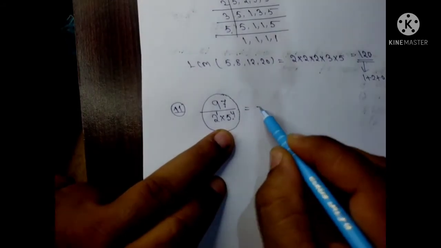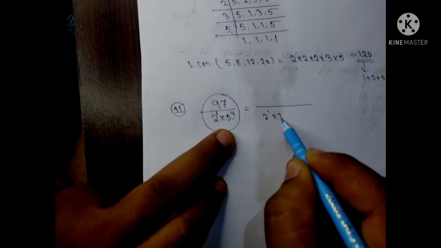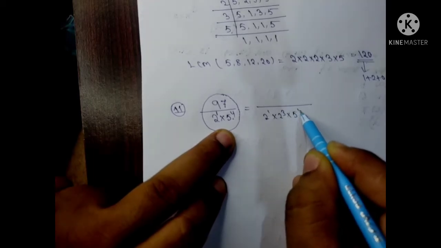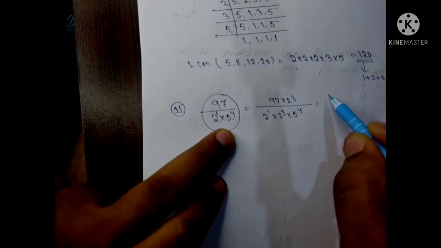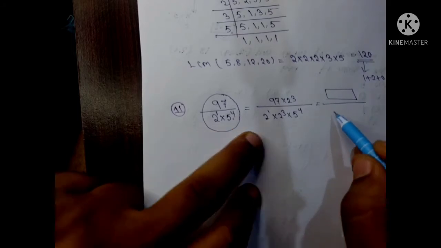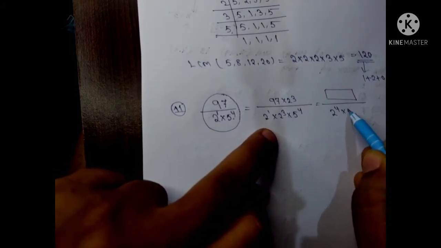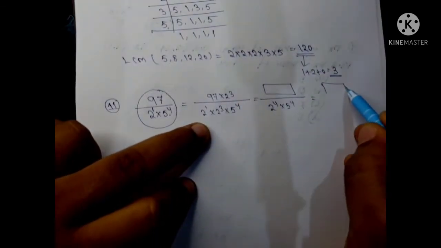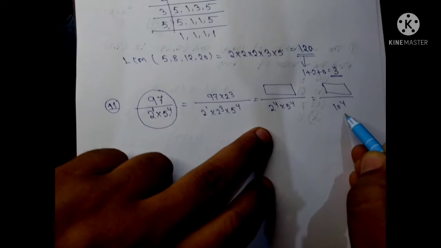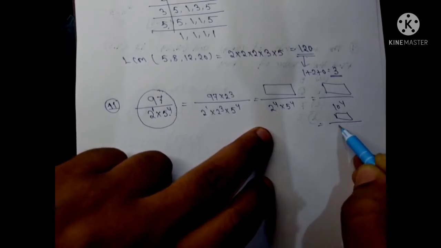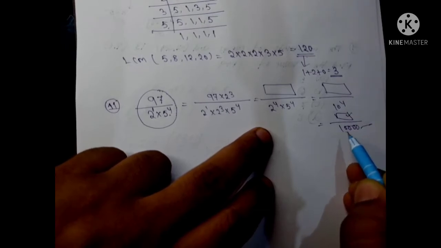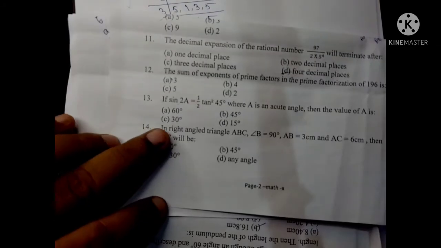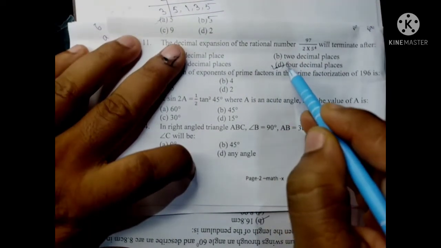क्योंकि यहाँ पे अगर ये 2 to the power 1 है, हम इसमें 2 to the power 3 और मल्टीप्लाई करेंगे। ये तो पहले से 5 to the power 4 है और उसको बैलेंस करने के लिए 97 × 2 to the power 3 लिखेंगे, मतलब न्यूमरेटर में एक नंबर आएगा, लेकिन जो डिनोमिनेटर है वो बन जाएगा 2 to the power 4 × 5 to the power 4। इसका मतलब समथिंग डिवाइडेड बाई 10 to the power 4, मतलब 10,000। मतलब अगर इस नंबर को हम 10,000 से डिवाइड करेंगे तो ऑब्वियसली डेसिमल प्लेस के बाद, सो द करेक्ट आंसर विल बी आफ्टर 4 डेसिमल प्लेसेस। सो नाउ मूव टू नंबर 12.